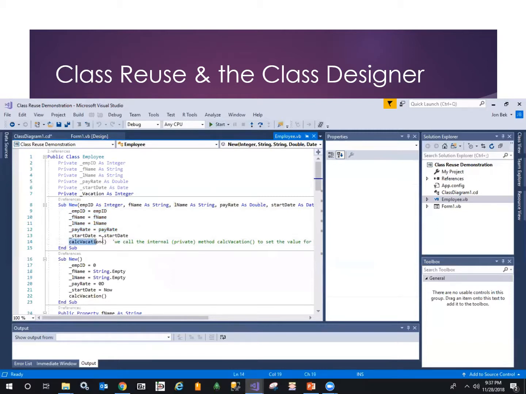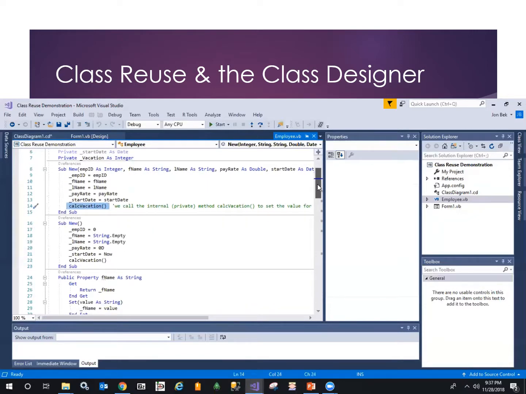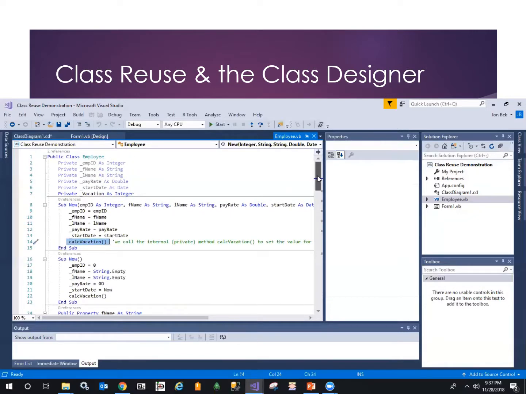But this one is read-only, so vacation is set through this internal function. The internal code can change its value, even though the public interface, if we look at the public interface that we made public for the